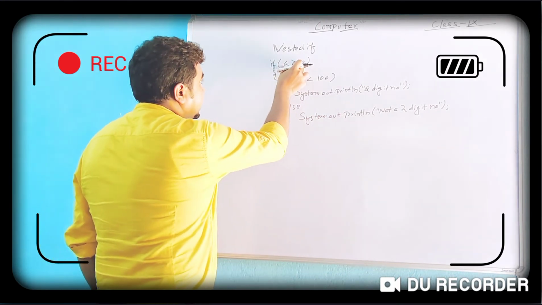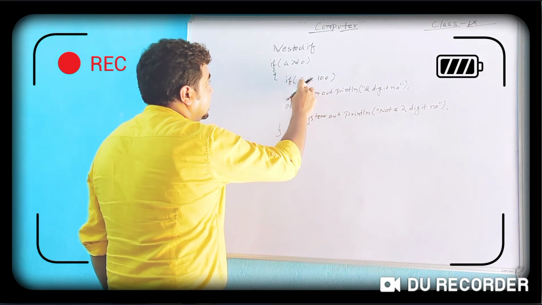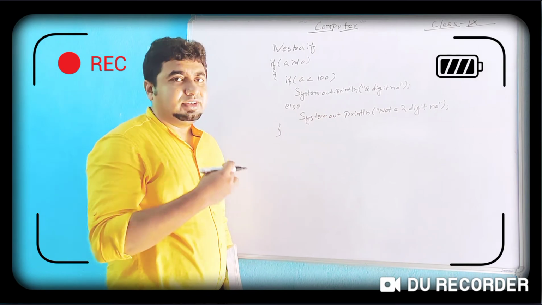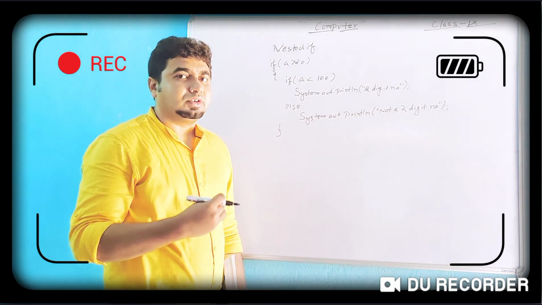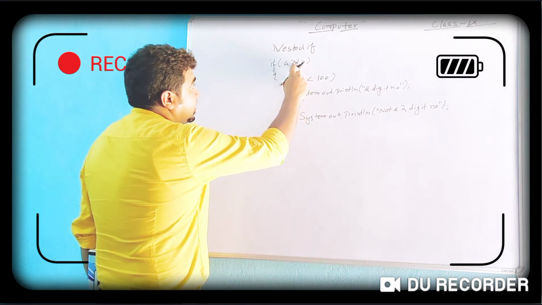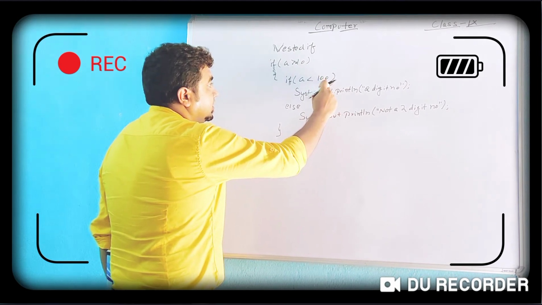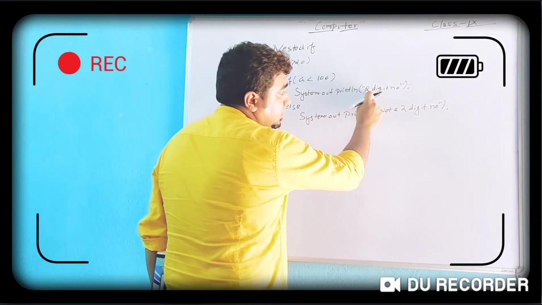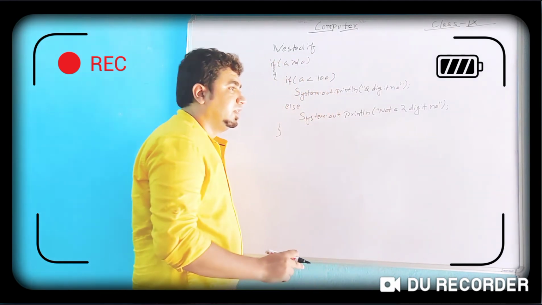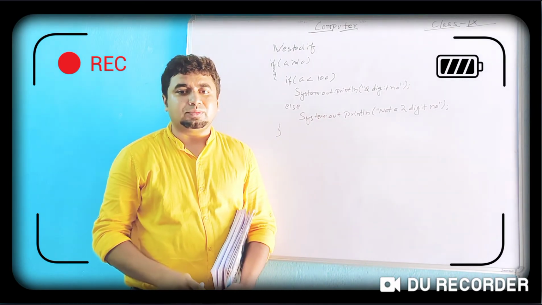So what is happening here: if this condition is true, then this is being checked. If a is greater than or equal to 10, it checks whether a is less than 100 or not, for finding whether it is a 2-digit number or not. You can do it for a 3-digit number also: you will write a greater than or equal to 100 and a less than 999. Then System.out.println 3-digit number, else it is not a 3-digit number. So in this way you can use nested if. So I am going to discuss some programming questions here.